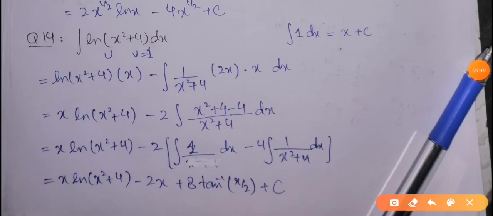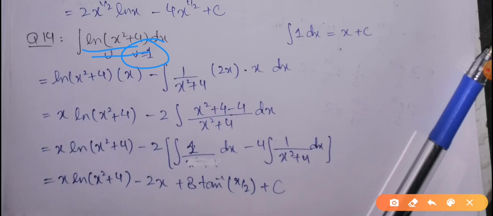Next we have question number 14, integral of ln of x square plus 4. Here you can see that we have only one function, but the integral of ln of x is not possible because ln of x itself is not a derivative of any function, so its direct integral is not possible. So what we are going to do, we are going to choose this function to be u and v to